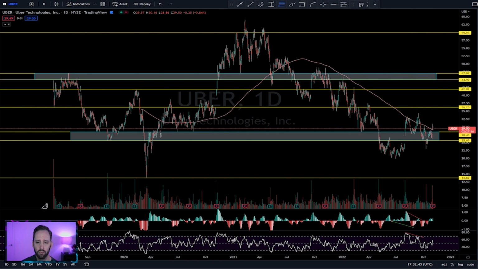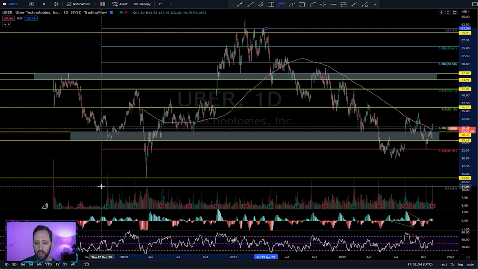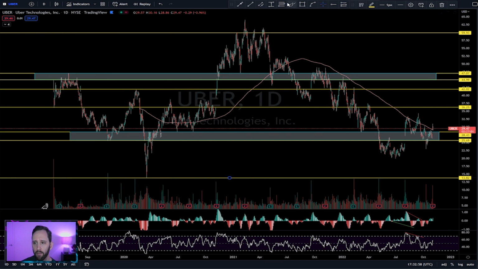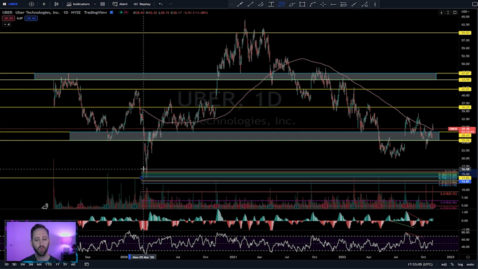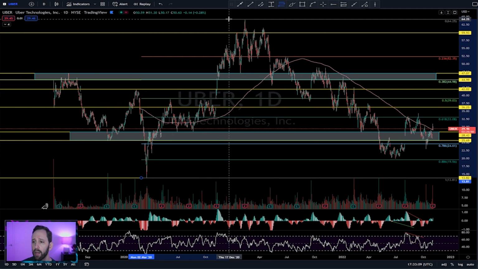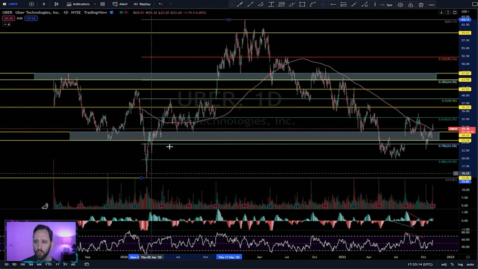forward. Key number 2 is going to be using your Fibonacci tool, and you always use Fibonacci like a book, left to right, just like you're reading. You never want to go right to left, you want to go left to right. So if we plot here our COVID crash low, which is discernible to all market participants, and you plot your next point at the buying climax or the all-time high, so COVID low to peak,